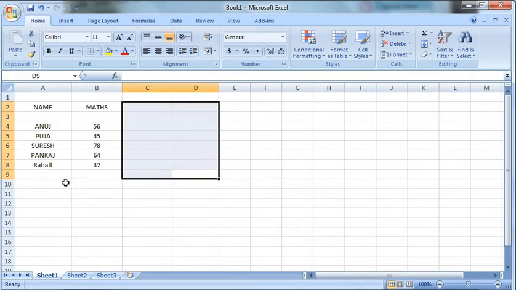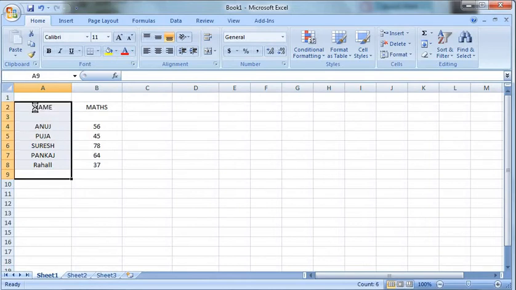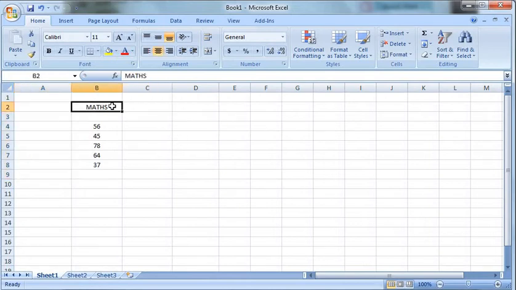Let me change to Anuj. Here you can see Anuj's marks in English, Hindi, Math, Science, SST. So I want to add the marks of Anuj in all these 5 subjects, and I want the addition here.